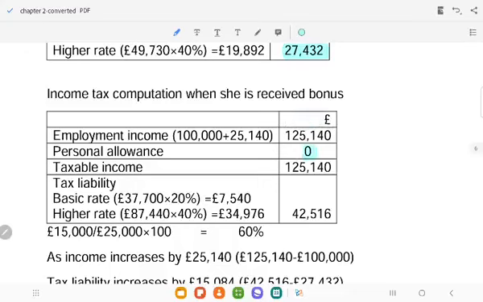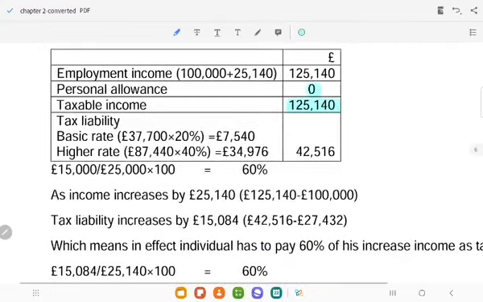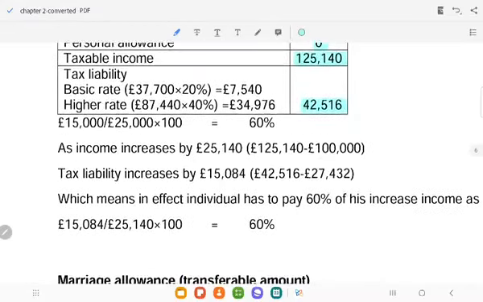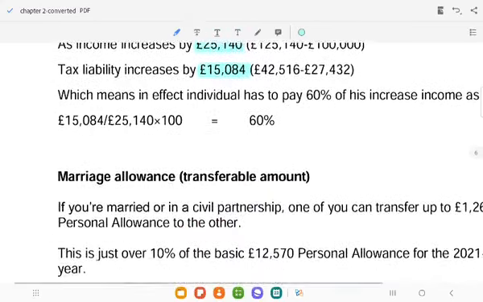So you have to calculate tax on the 1,25,140 of income, and this tax liability is 42,516. Here we need to consider that the increase in income is 25,140 and the increase in tax liability is 15,084. Means you are paying 60% of your increase in income as your tax